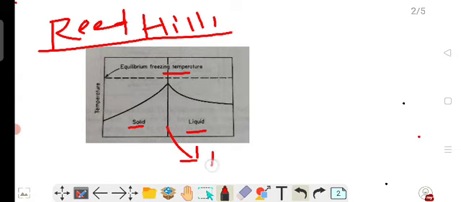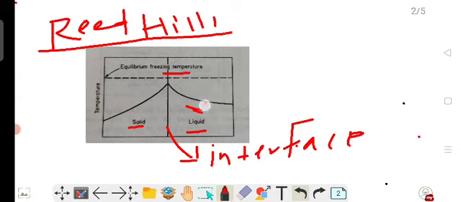This is the interface. After the interface, the liquid temperature is decreasing, and before the interface there is a solid temperature decreasing. This is the phenomenon, and at some point of time at the interface the temperature is maximum. So what is the importance of this diagram? Basically, the solidification starts from this interface,